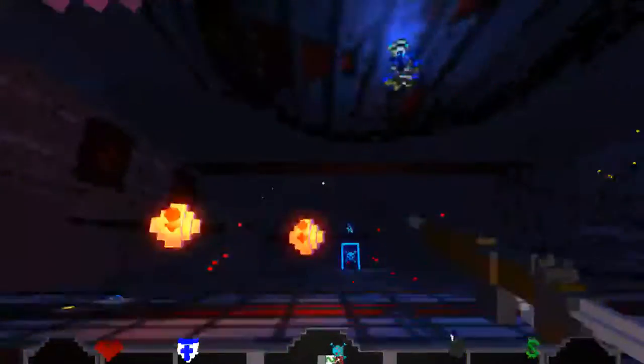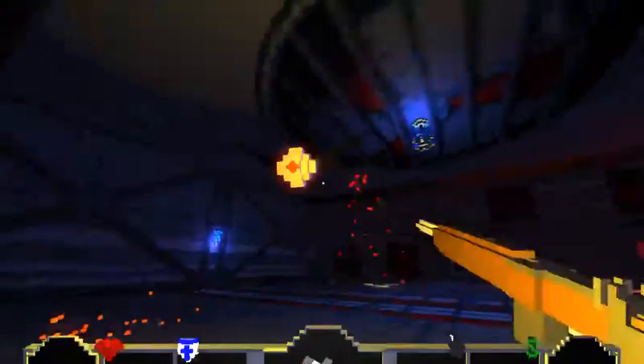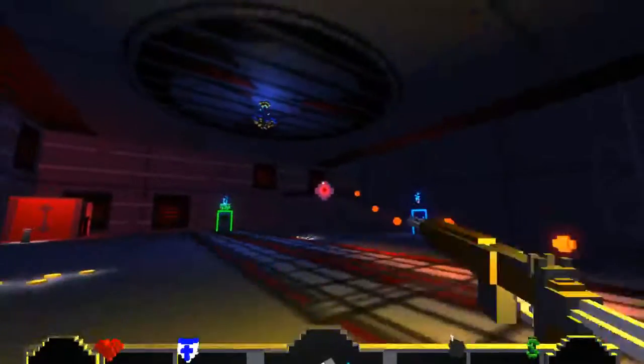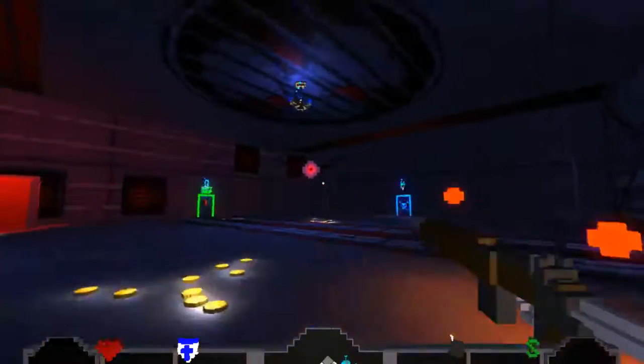As you can see, we're getting a lot of bullets on the screen right now. Nothing that's not manageable, but it's definitely something where if you stop moving for a second, you're going to be taking damage. So the game very much encourages you to keep moving, keep running. Once you get it down a little bit, then you can dodge more selectively, but...